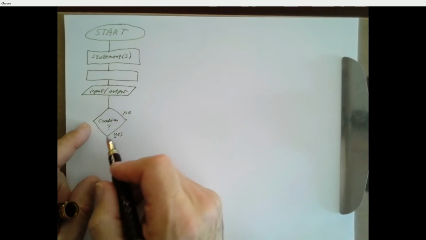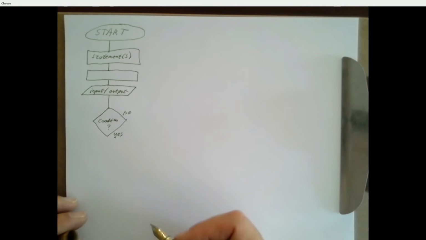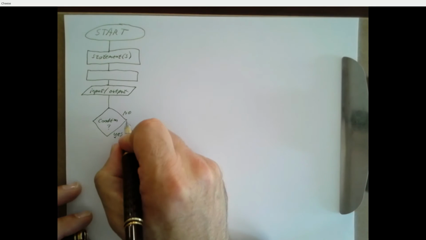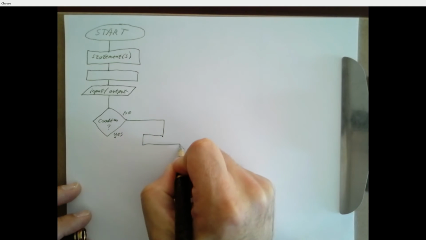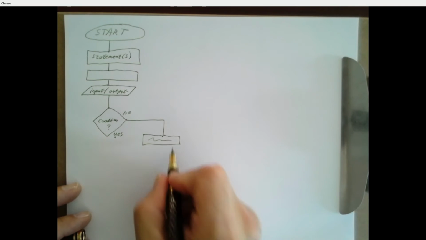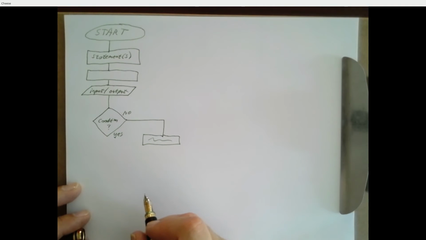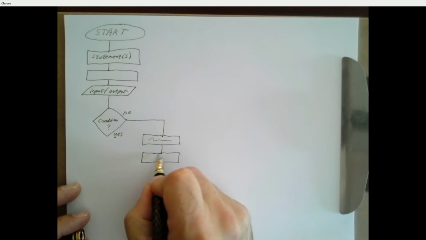And you've got three corners here. You can pick any two of them you want and label whichever one you want yes and whichever one you want no. It depends on how you want to draw this. But we draw lines and blocks coming off of here. For example, check some condition, and if the answer is no, then we're going to go ahead and do this statement. And maybe after we do that statement, we're going to do some other statement.